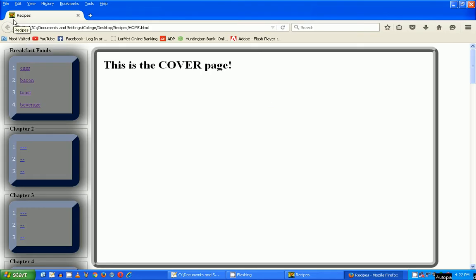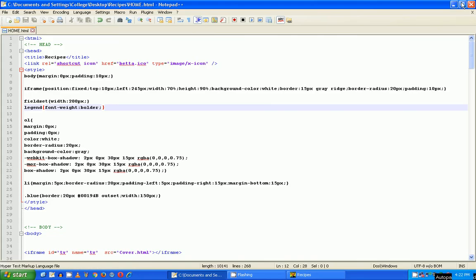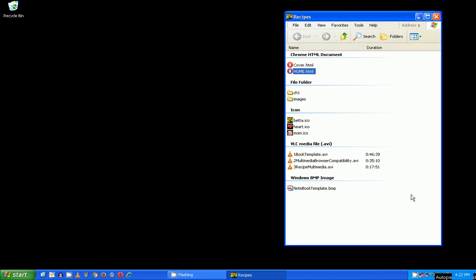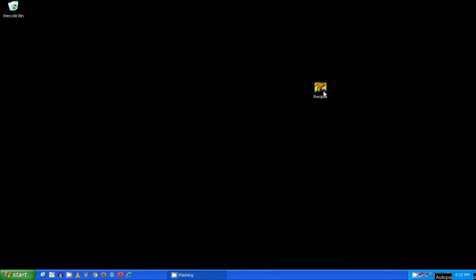And it did work. 50 by 50 was not too big. It did work. So you could barely see that it's a fish, but it's definitely a fish icon. And close out of this, close out of that, close out of this. My recipe folder that I gave the fish icon to,